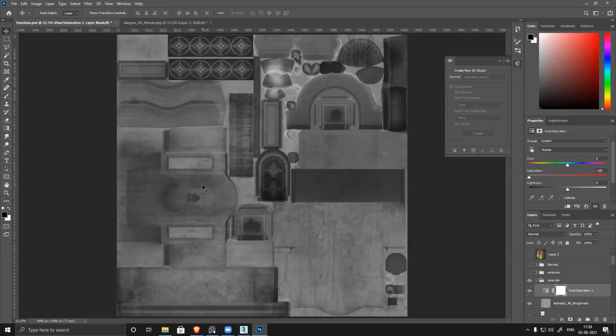Dirt is basically non-shiny most of the time, unless it's a wet patch or something. If you make it black and white, all dirt is already dark in color, so it won't shine anyway. Now you have all this pattern. Suppose I want to make it a little shiny, or maybe this candle I want to make a little glossy. Let's see, where is my candle? Where did I keep my candle? This one, yes. So what I'll do, I'll just make it a solid color. So this thing, where is it?